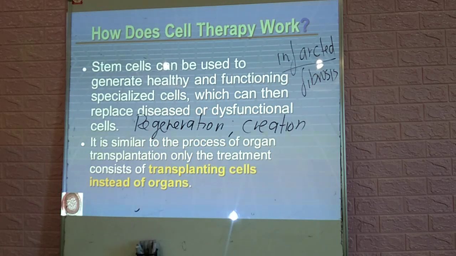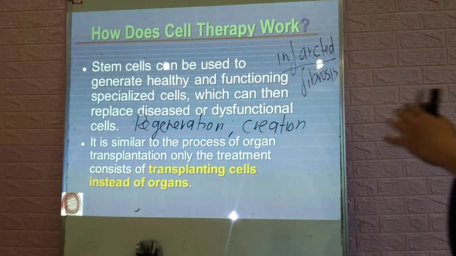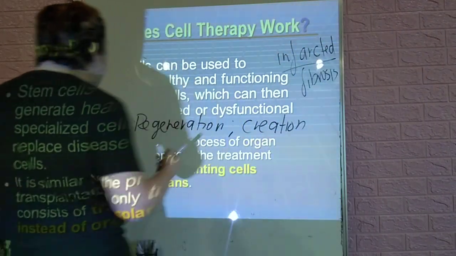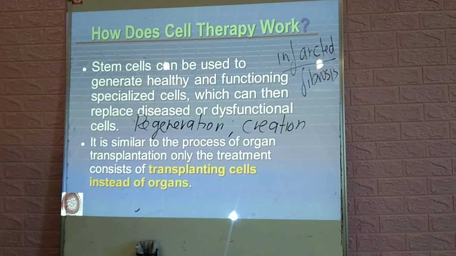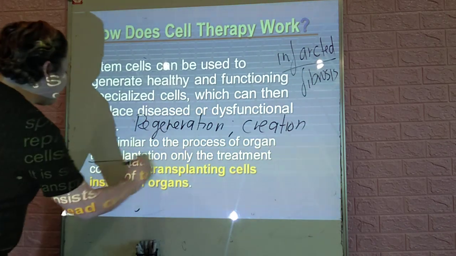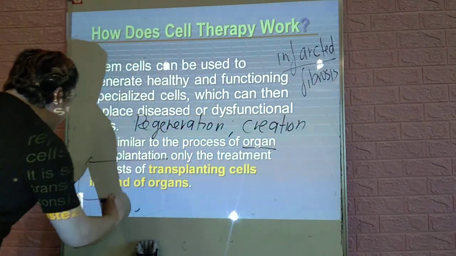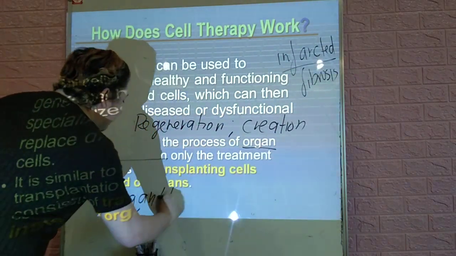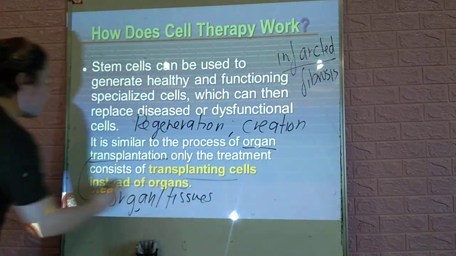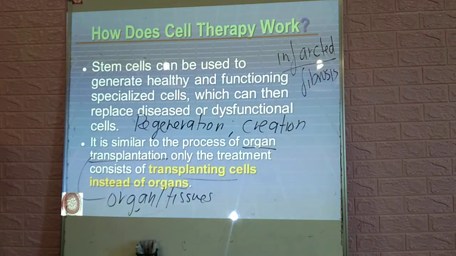Next one, it can be creation in a sense that we are forming a new organ. Let's say, for example, that a specific stem cell here will be formed into a heart organ. Of course, in this case, that may be creation and it may simulate the work of God. It is similar to the process of organ transplantation, only the treatment consists of transplanting cells instead of organs. If you are to remember, in organ transplantation, it's mostly organs, but at times it can be tissues. But most of the time, when it comes to cell therapy, it's just the transplantation